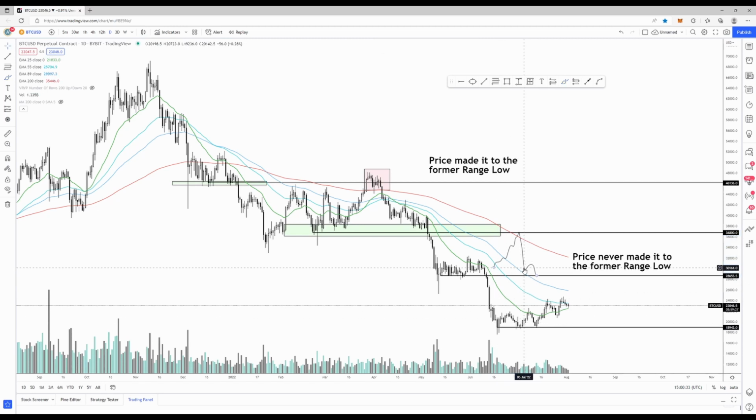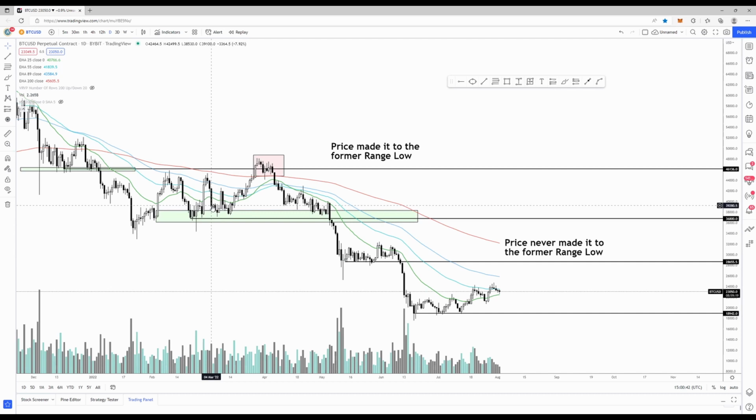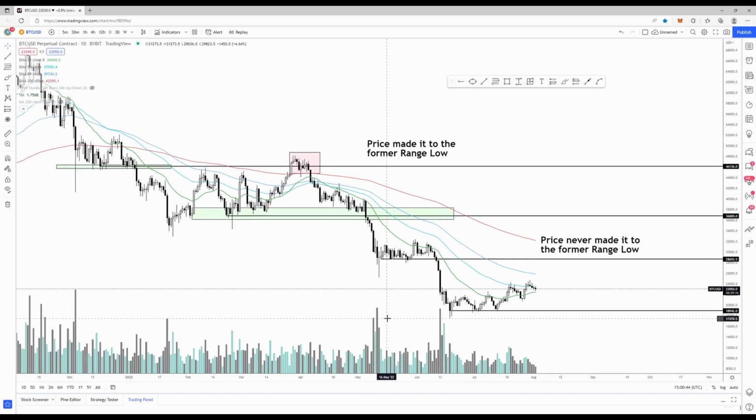Now we're in a situation where price is trading in a similar type of pattern that we've seen back in both March and May. The question is if it's going to reach this former floor, meaning 28K. Is it going to go back up to 28K before dumping, or is it going to act similar to what we saw back in May, where price just trades here and then dumps lower, makes another leg down? Can't really tell you, to be frank and honest with you, and lines on a chart are not going to really help you predict what's going to happen with regards to macro, because macro is such an important part of this